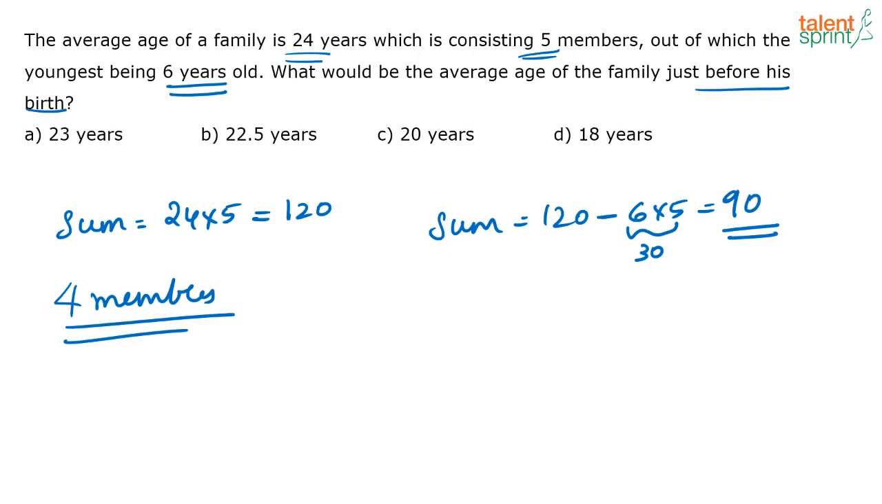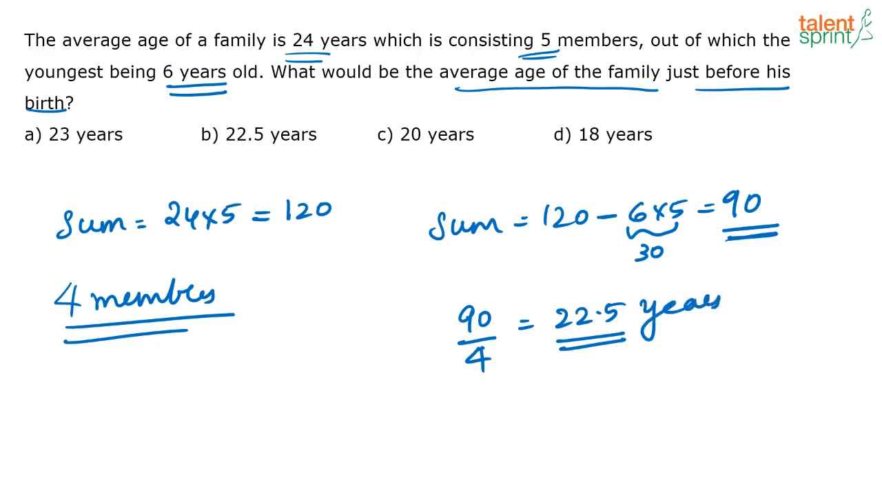Now, at this point, what is their average? See, now the 5th member is not born. 6 years ago, the 5th member is not born. Okay, so just before his birth, that means you should not include him in the group. 6 years ago, anyway, even if he was born, his age was 0 years, correct? So this 90 is the sum of ages of the people 6 years ago. Now they are asking what is the average age of the family just before the birth of this child. So that is nothing but 90 divided by 4, which is equal to 22.5 years. So the answer for this question is option B,